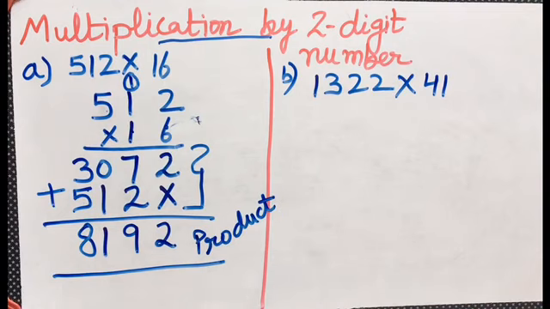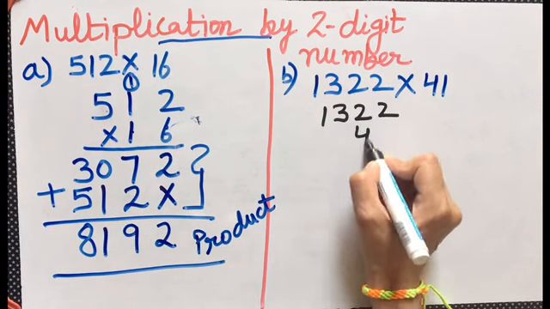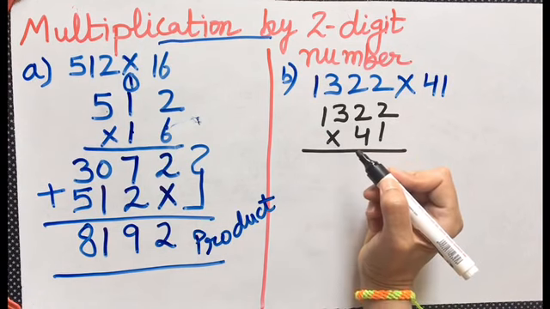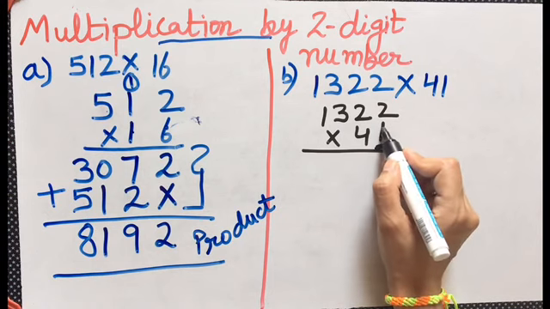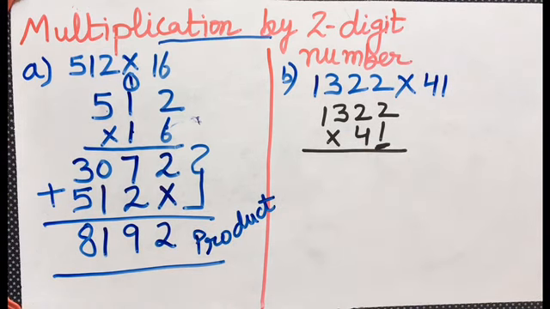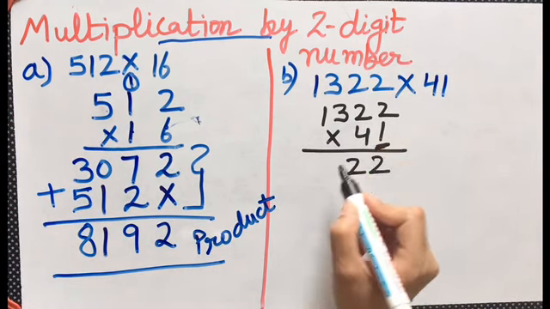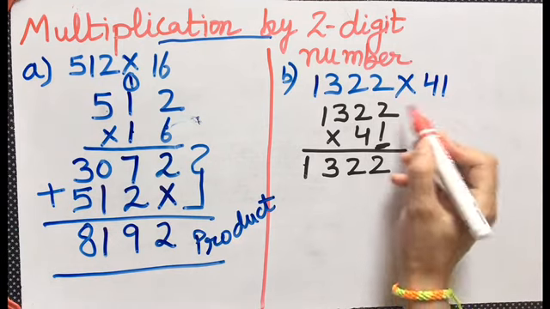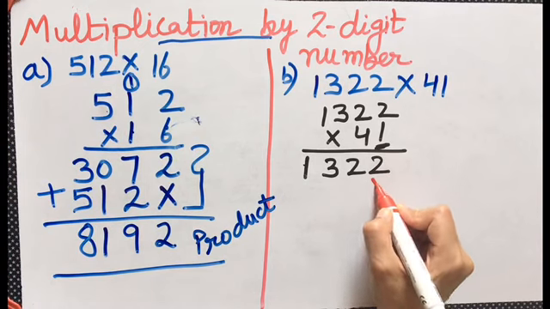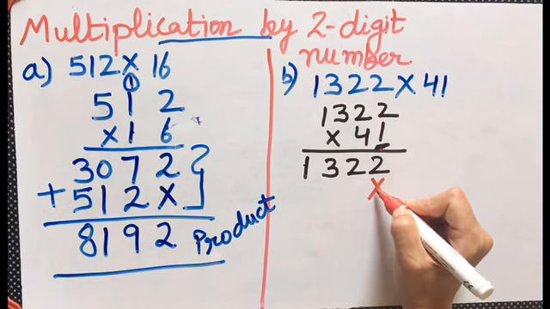Fine. Now, the next question, 1322 multiplied by 41. Fine. So, we are going to multiply these two. So, again we are going to start with this number 1. 1 is multiplied with all the numbers. So, 1 two is 2, 1 two is 2, 1 three is 3, 1 one is 1. Fine. So, if you multiply any number with 1, the number remains the same. Now, what we are going to do, put the cross below the digit at the ones place. Below 2 we have put a cross.